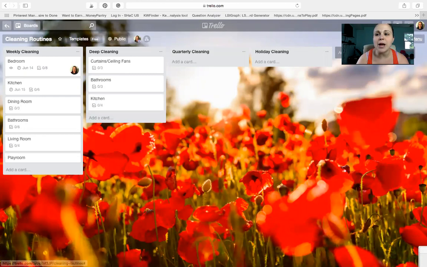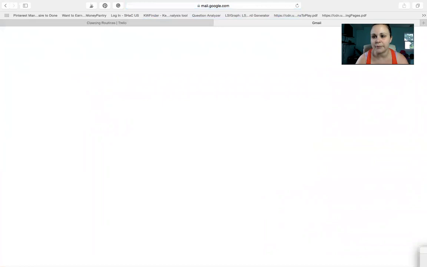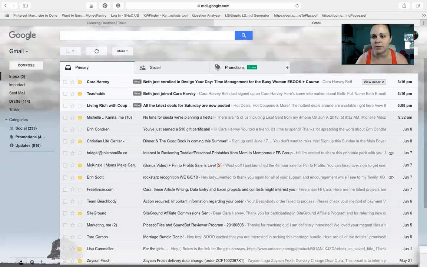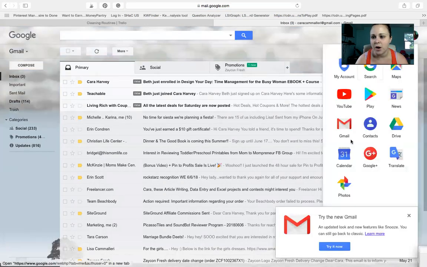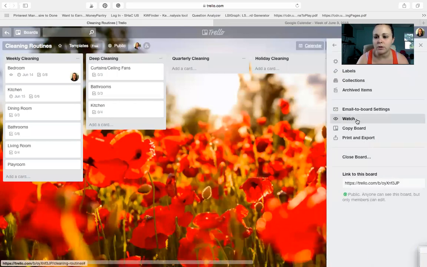Okay. So now I'm actually going to pull you into my email real quick. Hold on. And I'm going to show you how to sync it into your calendar. Okay. So open up your calendar. Now, here's how you sync it to your Google Calendar. You need what's called a power-up. So if you go to Show Menu,